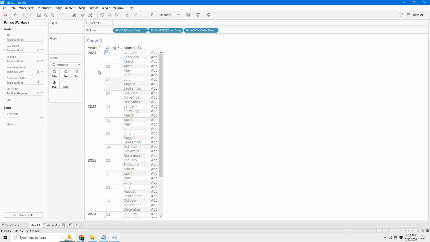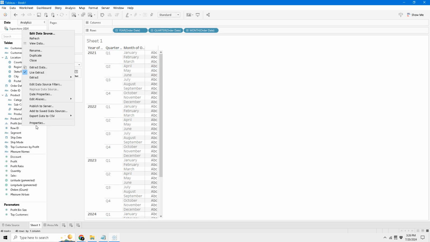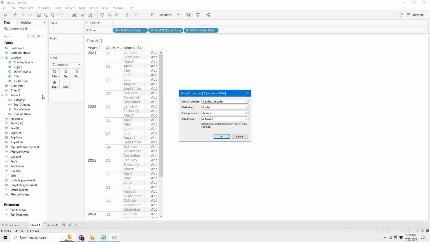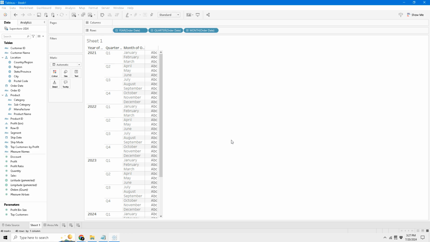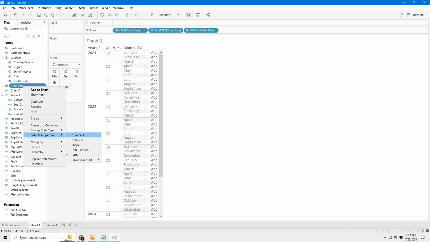This is vanilla. On my data source, I could say date properties, and you can see that the fiscal year is starting from January. Imagine you wanted it to start from April. We can do that there. And now right click on the order date, default properties, fiscal start date, and then choose what we set at